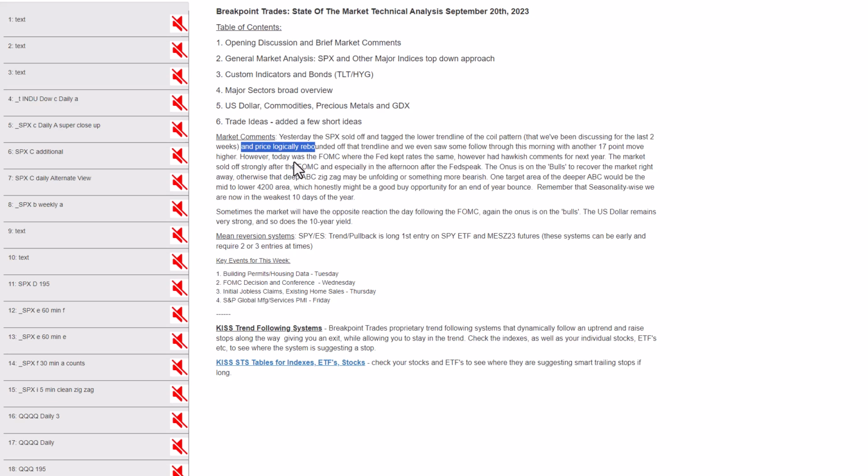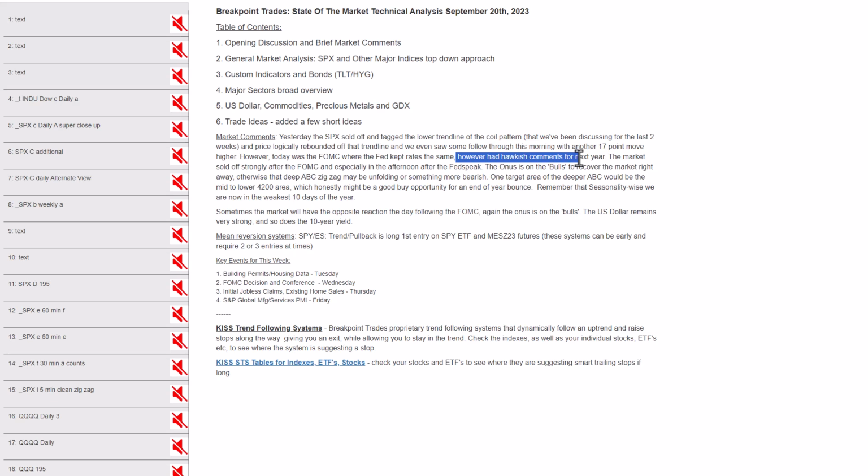So, today we had the FOMC, and this morning the market actually followed through on yesterday's rally. The S&P was up 17 points in the morning, but by the time the FOMC came out at 2 p.m. Eastern, as you know, the Fed kept the rates the same, but really what the market didn't like was the more hawkish comments for next year. I think the market was pricing in 3 or 4 rate cuts next year, and the Fed took that down to maybe 1 quarter point lowering, and pushed it out until something like September 2024.